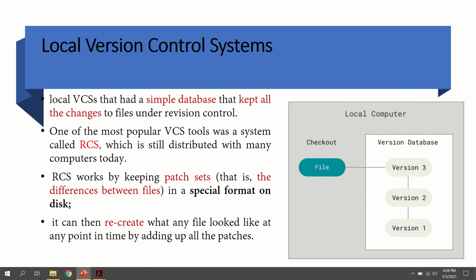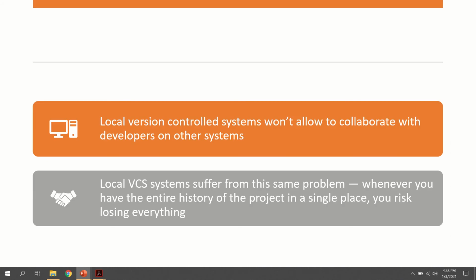What are the drawbacks of this local version control system? The first drawback is that I am storing my backups, my different versions, in my own system. I cannot communicate or collaborate with other developers. But a project is actually teamwork in which collaboration is very essential.